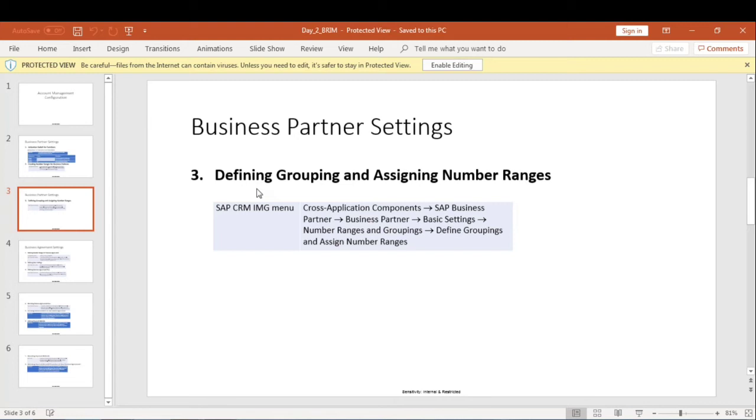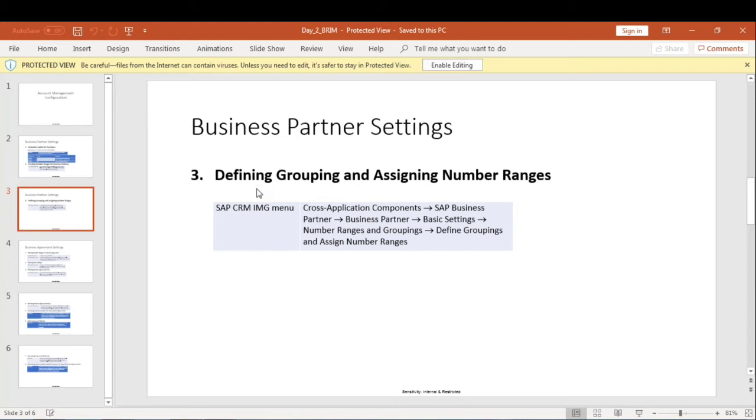Like, I will give you an example. If we take the Volkswagen company, or let's take the example of Benz company, it has customers all over the world, right? In America, Germany, and in India. So all these customers are, let's say, individual persons, but it wants to make the grouping so that for US customers, it wants to maintain different number ranges, and for Germany customers, some other number range.